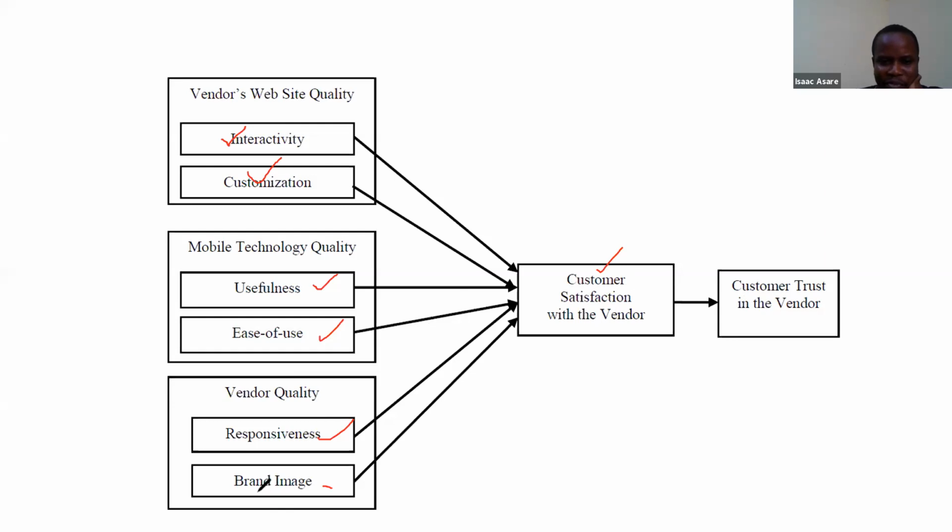So we have the brand image moving to customer satisfaction. We have responsiveness also moving to customer satisfaction. We have ease of use also there, and so on. So at the end of the day, we have 1, 2, 3, 4, 5, 6, 7. So we have designed 7 main hypotheses that we want to find out if indeed, for instance, usefulness has an